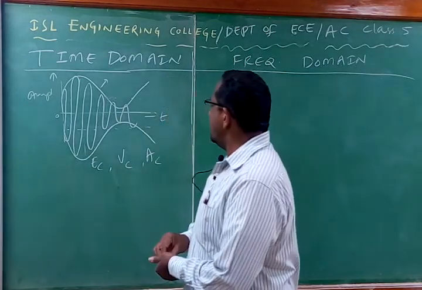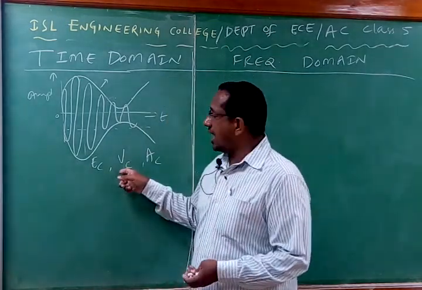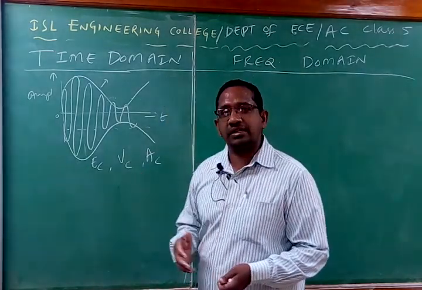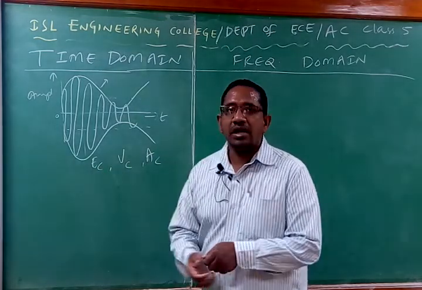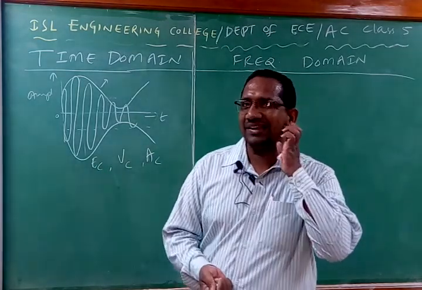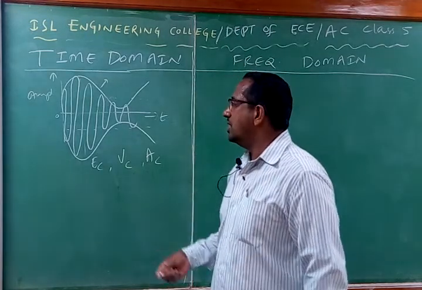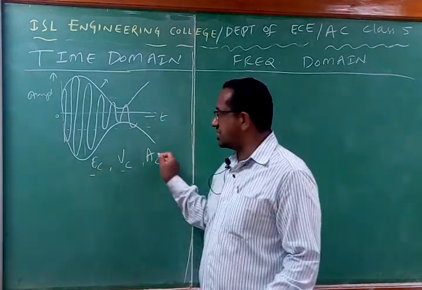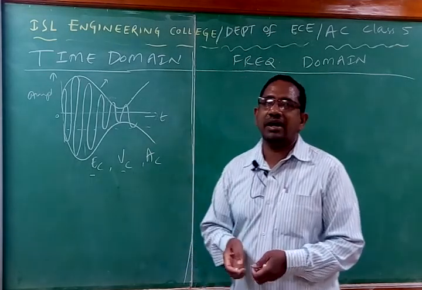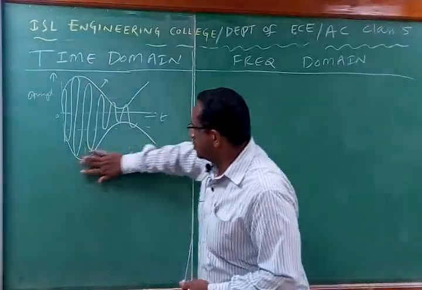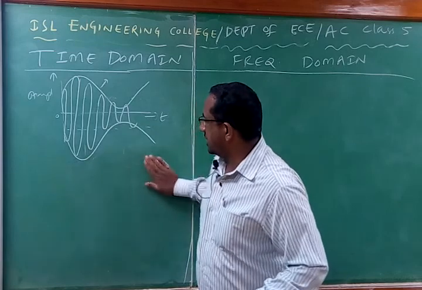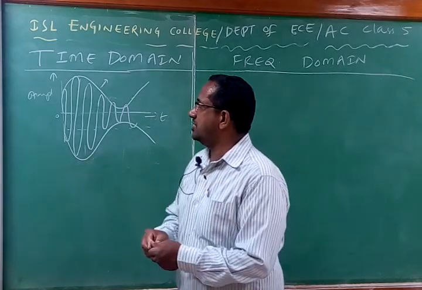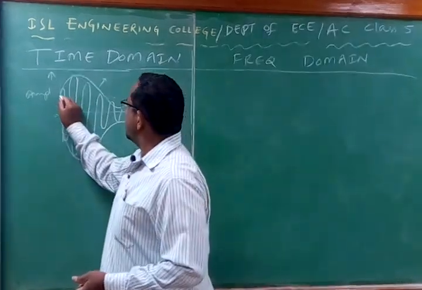After the transmitting antenna radiates the signal, that signal is called an electromagnetic signal, that is the EM signal. Therefore we normally represent the signal by EC or VC, or in generalized format AC. It doesn't matter whatever the representation may be. So in this class I am representing this as EC. That means what? The amplitude of the carrier.